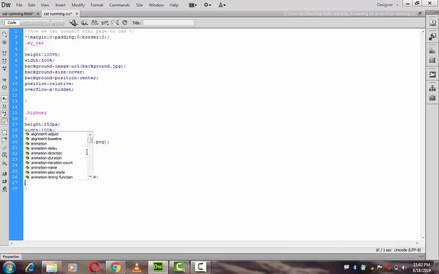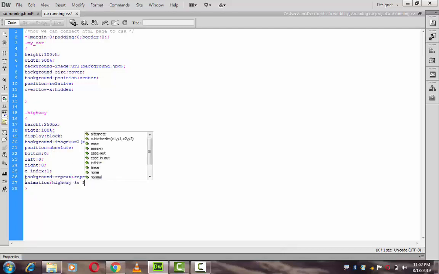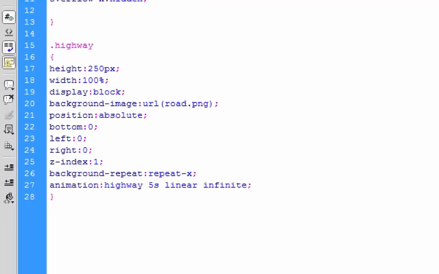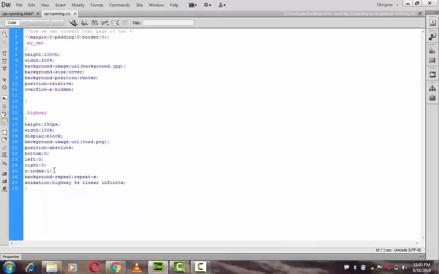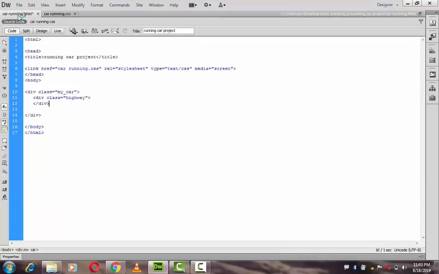Then we write our background-repeat attribute here, so that it repeats x, that means it can run on the x-axis only. And after that I create an animation, which is basically used for running or animating the image, so that it can animate the highway, and it is 5 seconds, then linear and infinite, so it can run the highway infinite times.